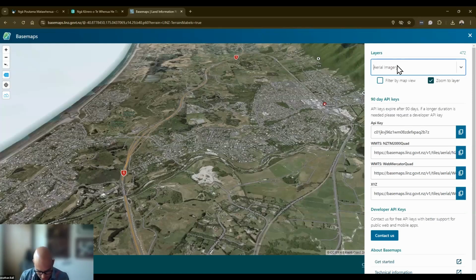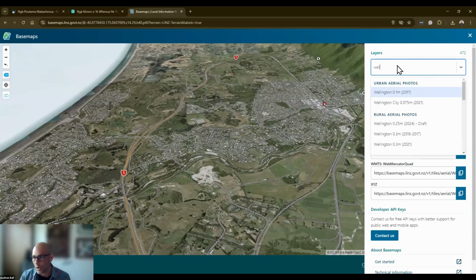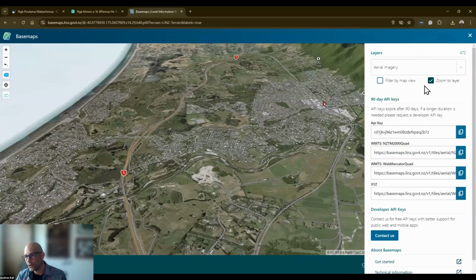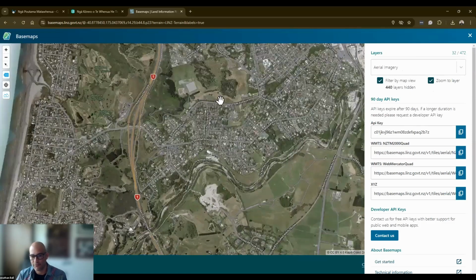You can type straight into here, like Wellington, or the location of your choice, and whatever you're typing will filter down the results. Or you can filter by map view. That hides a heap of layers. Now I've only got 32 in here, so only layers that have coverage in Kapiti, which I'm viewing right now, will show up. I'll turn that off though.